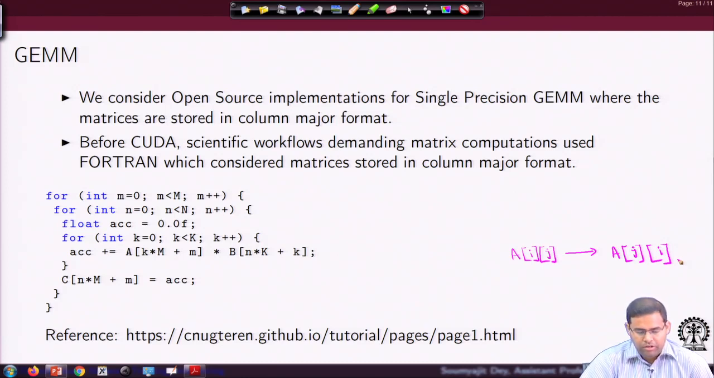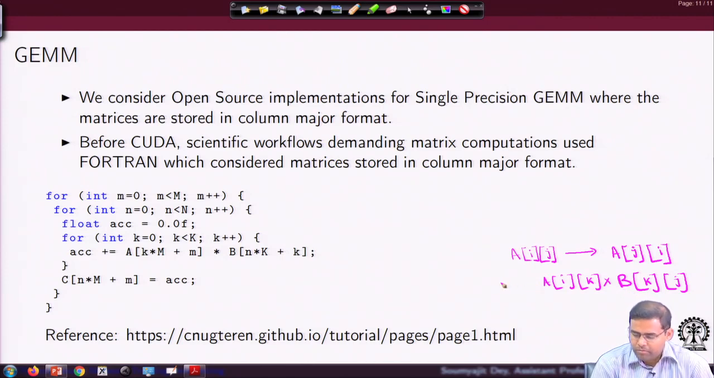So, when you are writing row major code, your matrix multiplication loop internally would have been multiplying entities like A i k multiplied by B k j, where you are iterating over k. But now, that is really going to change. Mathematically it is so, but in terms of the code, when you look at the memory access expression,